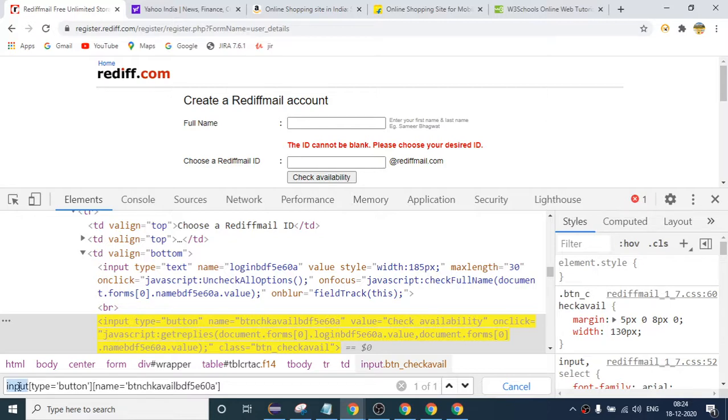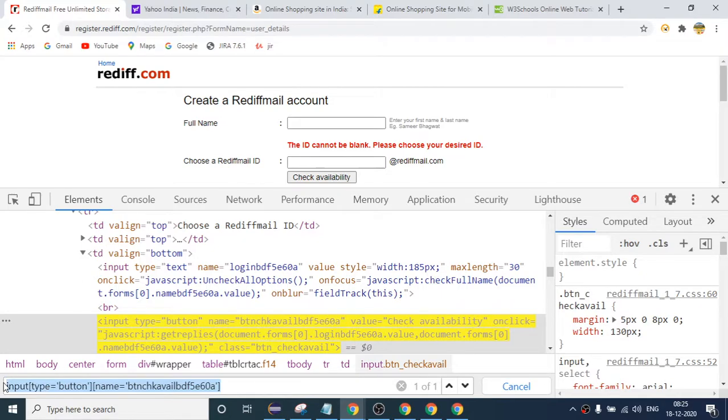This is our tag name, but if I only write this alone, it is giving me 2 elements. So I have concatenated one more attribute, name, so that it will find only a unique element. We also saw this in XPath, but here again you will see that this value will keep on changing. If I write CSS like this, it will change again, so it will fail again. So it is better not to write like this.